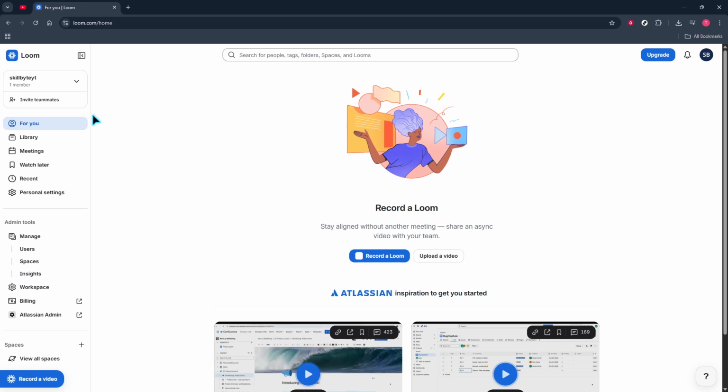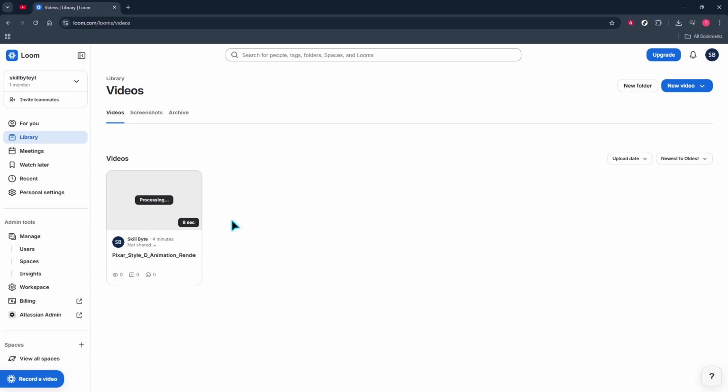First, head to your Loom homepage and make sure you're on the For You area. This is the default landing view where you can quickly access your recent content. From there, look to the left-hand sidebar and click Library. The library is where all of your videos live, and it's the best place to browse everything you've recorded or